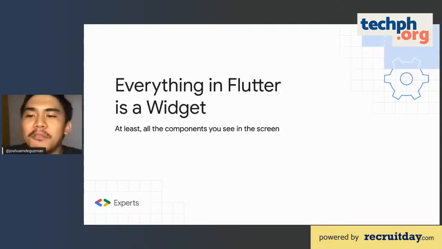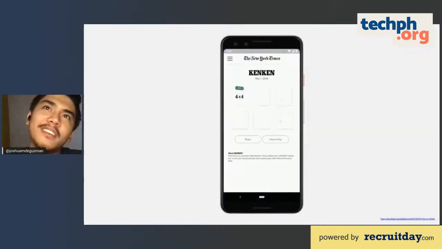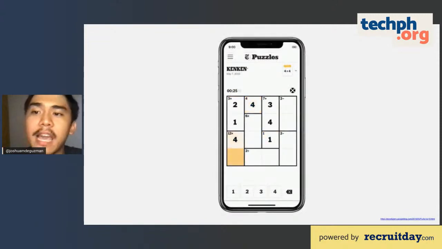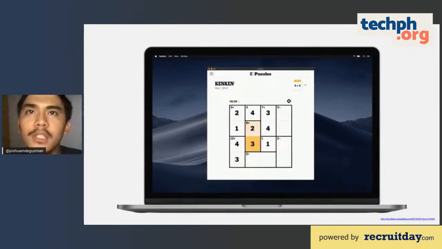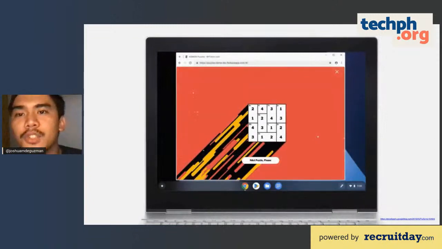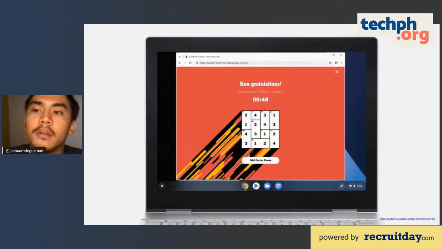Well, you have to always think of this phrase. I always share this with my slides. Everything in Flutter is a widget. At least the things that you see in Flutter. So this button, the containers, the text, we call it widget. Well, others call it components, depending on how you would like to standardize it in your company. But everything drawn in Flutter is a widget. Other classes such as the API calls and system services are pretty much plain old Dart classes.